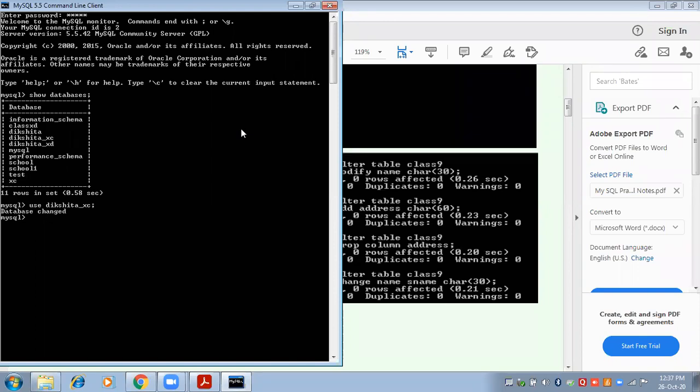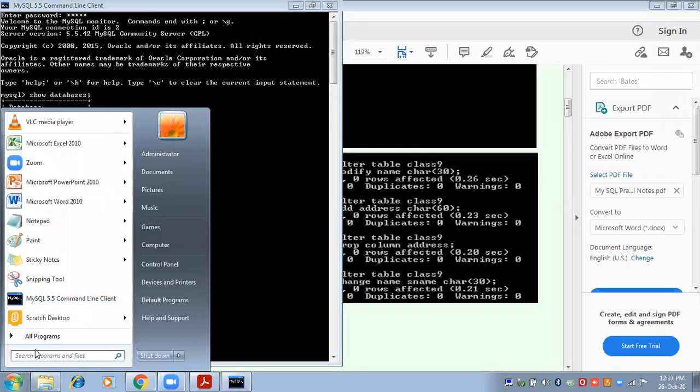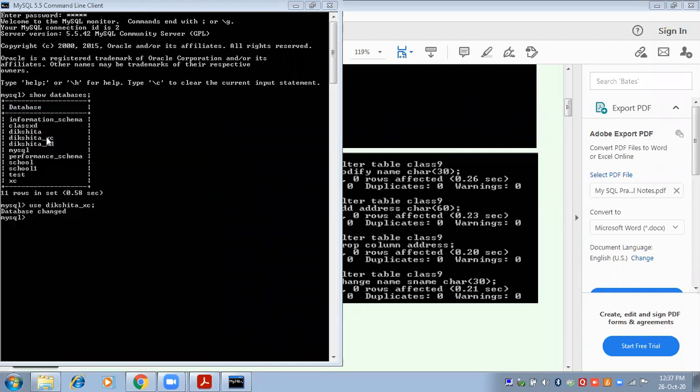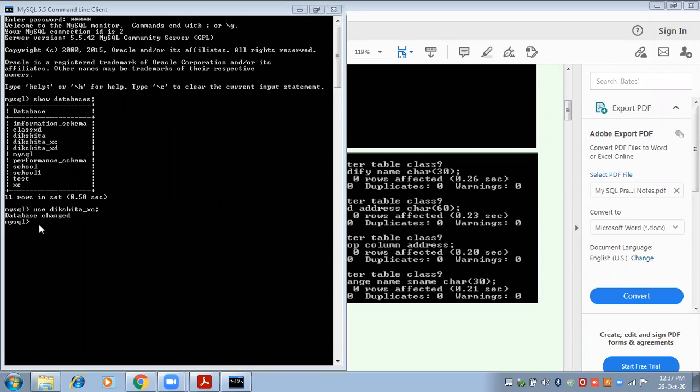Now after opening this database, we need to check how many tables are there inside this database. So if you want to check the tables, you will use the command show tables semicolon, enter.